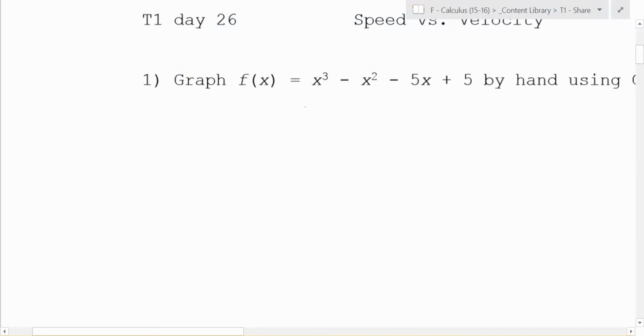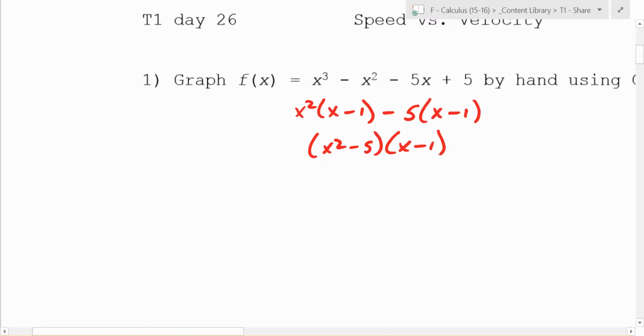If you actually group this out, you get x squared times x minus 1, minus 5 times x minus 1. So you end up with x squared minus 5 times x minus 1. What are the 3 zeros on this? 1 is one of them, but what else? Positive root of 5 and